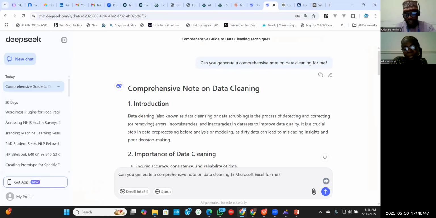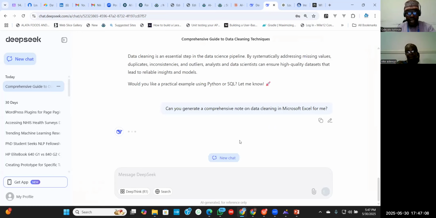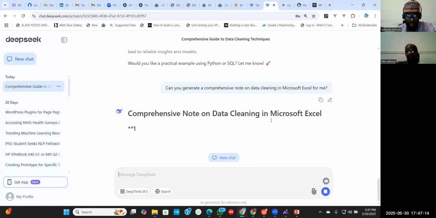Because we also have other platforms that you can clean your data, like Python. The notes that were generated are based on Python, but now we want it to use Microsoft Excel. So can you generate a comprehensive notes on data cleaning in Microsoft Excel for me?